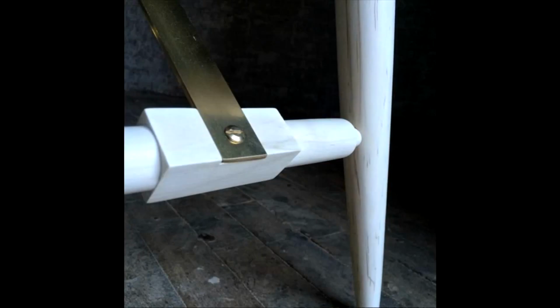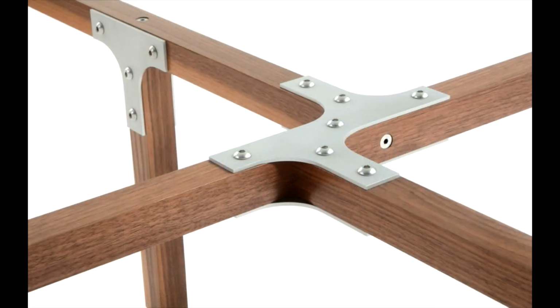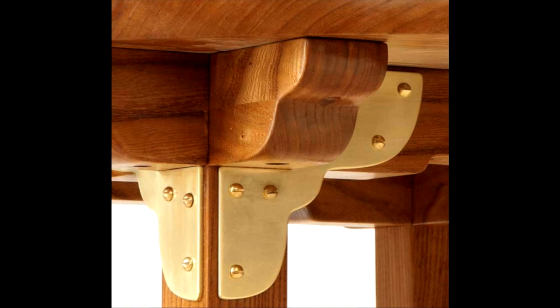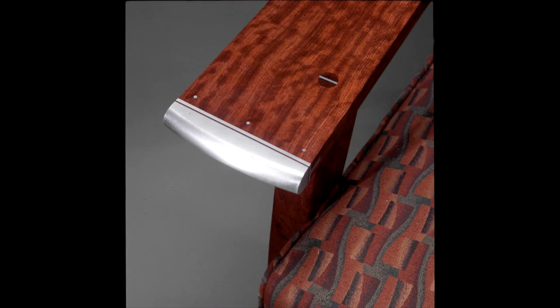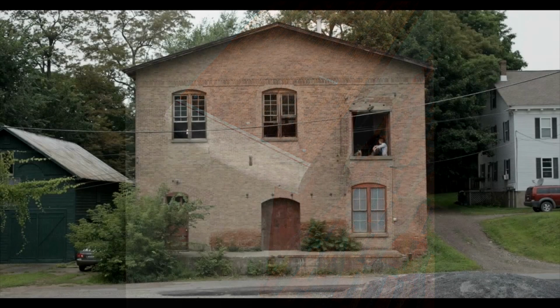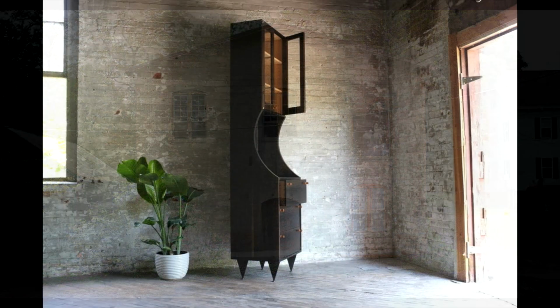Metal meets wood. It's an old story, but one that's producing some excellent furniture at the moment. Many talented makers with roots in wood have been blending other materials, mainly metal, into their furniture. Michael Robbins builds furniture in a former garment factory in Philmont, New York, a small town in the Hudson River